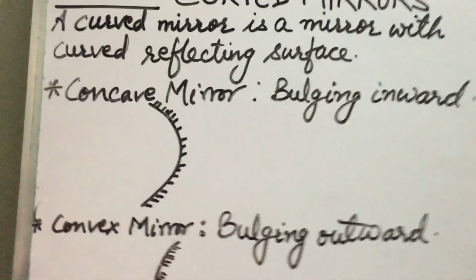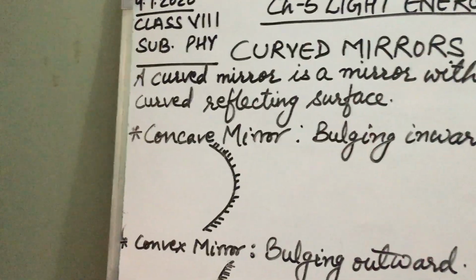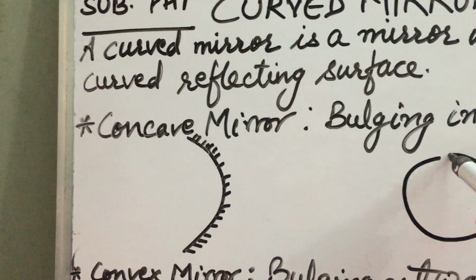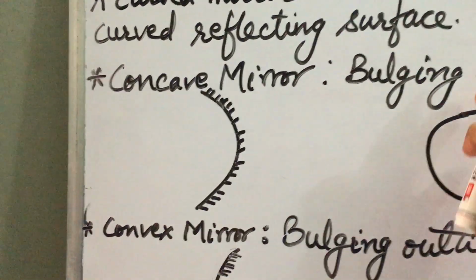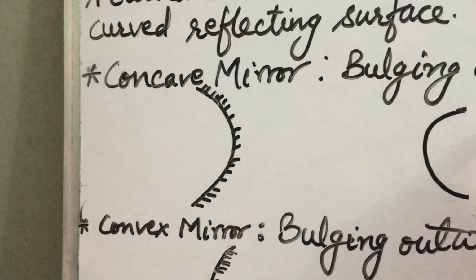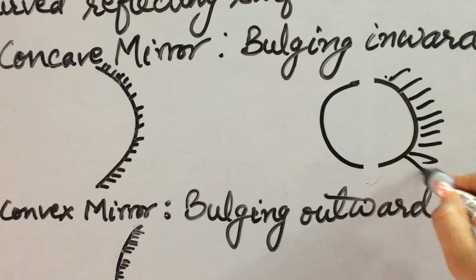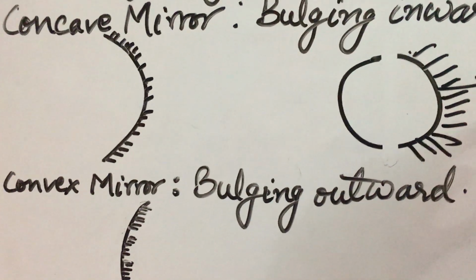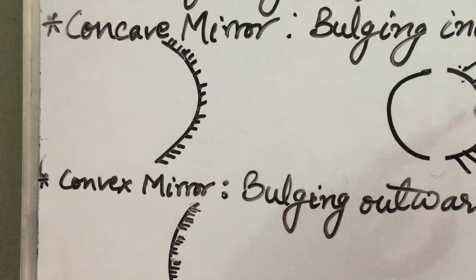What they are, one by one I'll explain to you in the figure only. See children, as I explained to you, spherical mirrors are a part of a sphere. For example, it is a sphere. If I cut it into two parts and I polish this part from the outside surface, see, the outside part, then it becomes a concave mirror. This is called what? Concave mirror. Okay, why? Because the reflection will take place from inside.